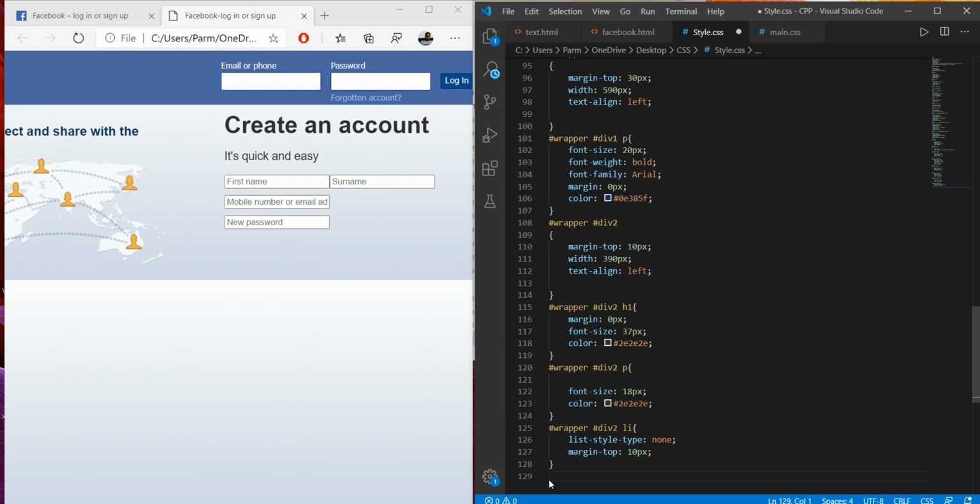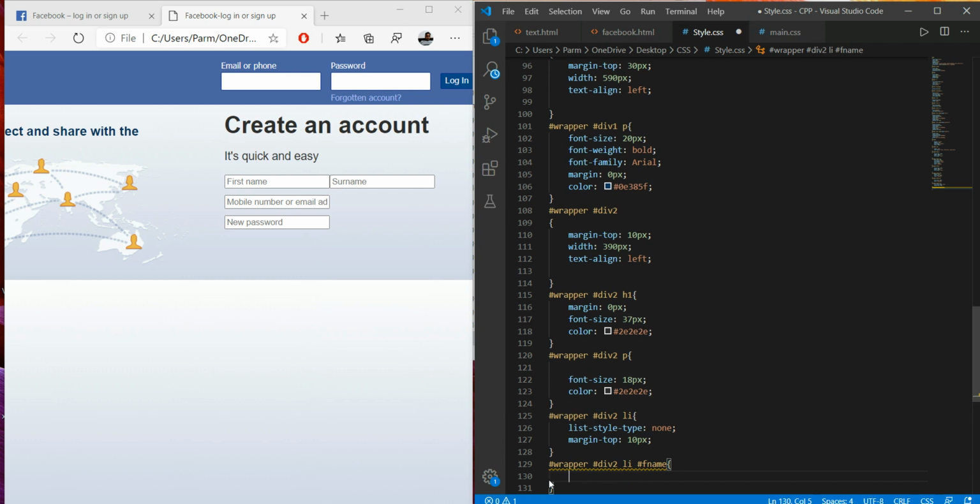So here we write another id selector, #wrapper #div2, and here the list, within the list we use the id we have already given over there, and the id given is fname. Here I'm giving width, it's having 45, so whatever total area is left, we want to give the width as 45%.